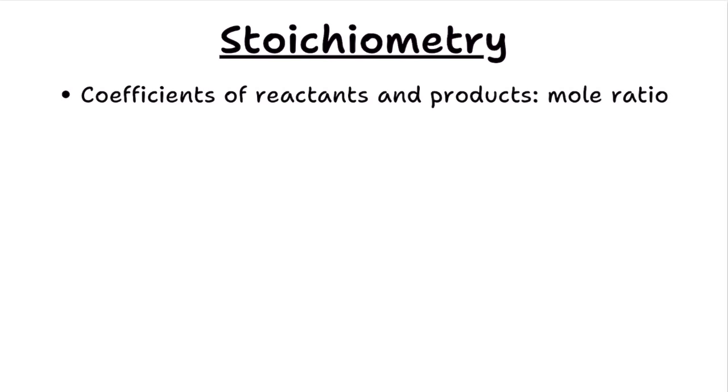Stoichiometry. For stoichiometry, we always use the coefficients of the reactants and products, and convert them into the mole ratio to calculate all of the other related values such as mass, volume, concentration, and etc. So for example, when carbon monoxide gas reacts with oxygen gas to produce carbon dioxide gas,